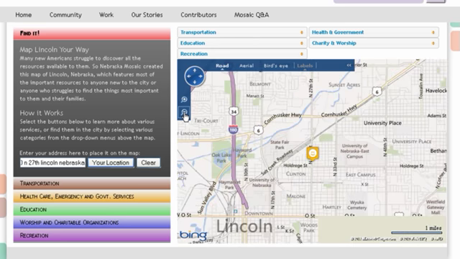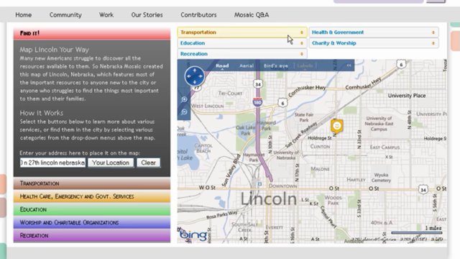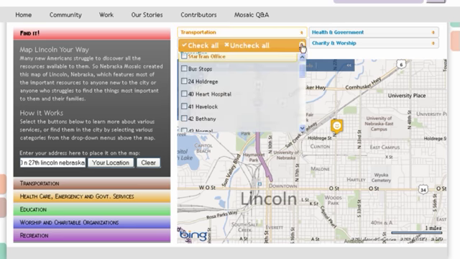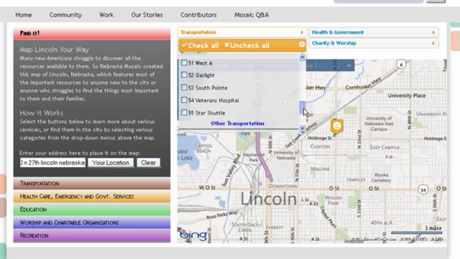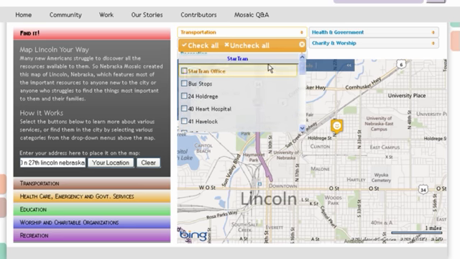I'm going to zoom out so we can see the big picture here. And what we can do now is we can go up to this transportation menu, and it's a drop-down menu, and I'll scroll down so you can get a better look at it. It's basically all the transportation options in Lincoln, mostly StarTran stuff, which is really our only public transportation option. It's our city bus system, and we can select some bus routes, turn those on and off,